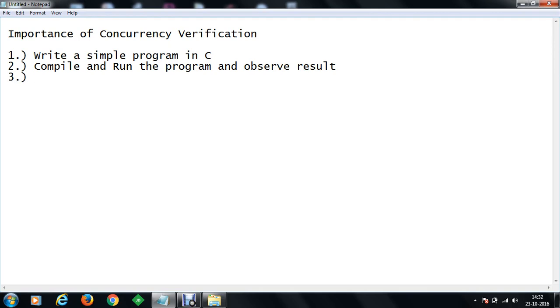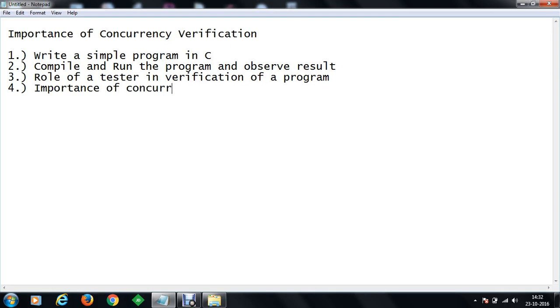Then we'll understand the role of a tester in verification of a program, and finally we'll understand the importance of concurrency verification. So let's get started.